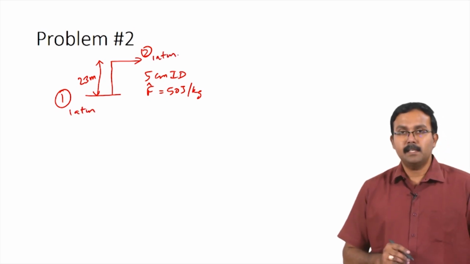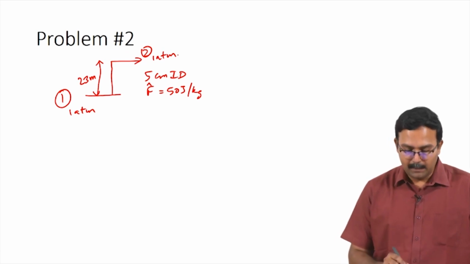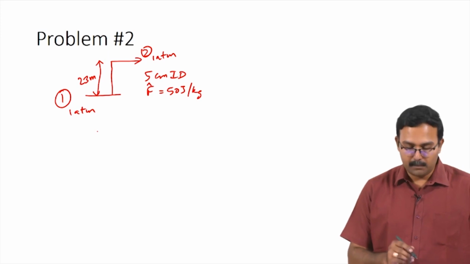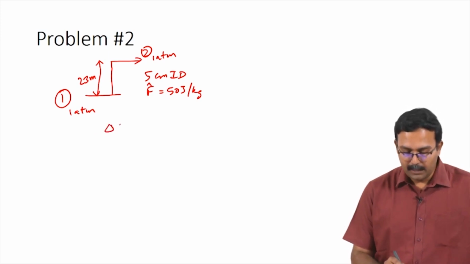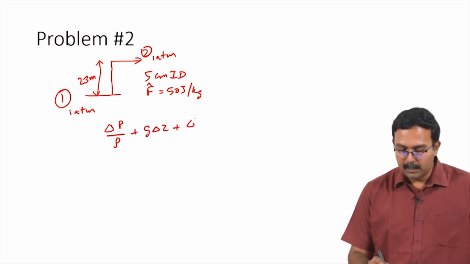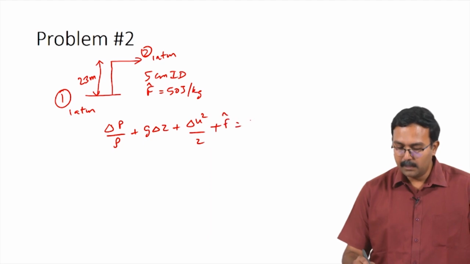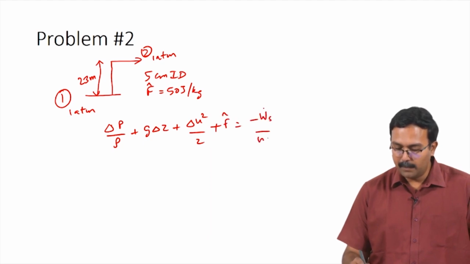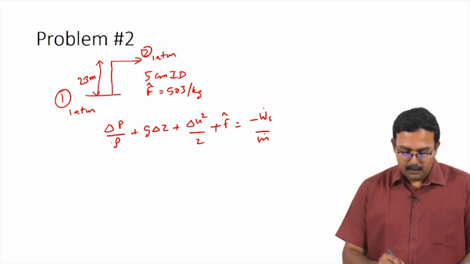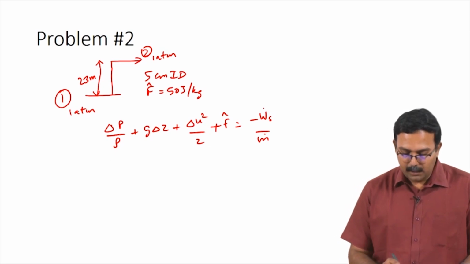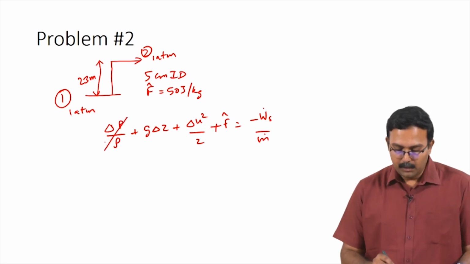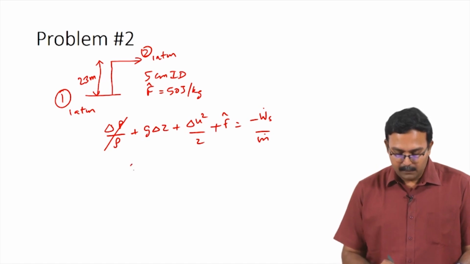With all this information, let us write the general mechanical energy balance equation and solve for the shaft work that needs to be delivered. So, we have delta P divided by rho plus g delta Z plus delta u squared by 2 plus F cap equals minus Ws dot divided by m dot. As pressure change is 0, the first term can go to 0. You would have g delta Z, where delta Z equals 23 meters,